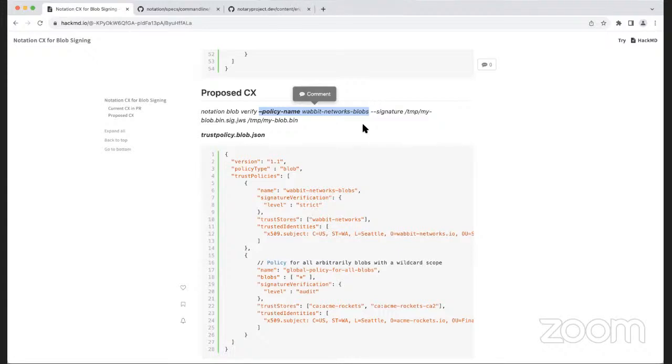We have some level of separation where, at a minimum, there is a path where an admin can set up trust policy and trust stores and not have them overridden by end users. I thought that was one of the goals initially. I think we should keep that in mind when we extend this.